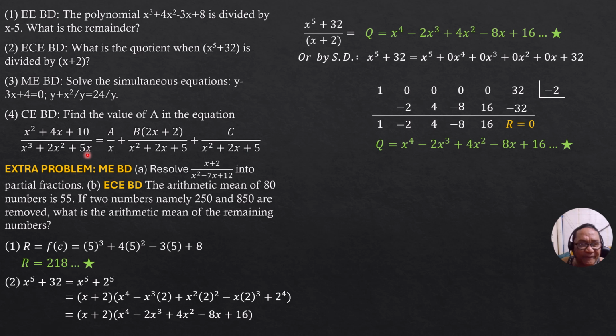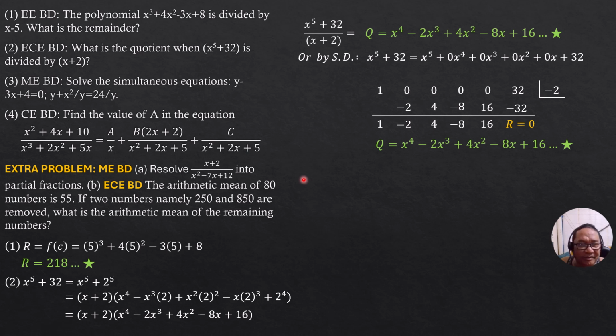So it consists of a linear divisor and a quadratic divisor. So this is one way of decomposing this fraction into partial fractions. So a over the first linear denominator x, then plus b. This is the technique in integral calculus, that is the derivative of x squared plus 2x plus 5 is 2x plus 2, then divided by the denominator, then plus constant, divided by the same quadratic divisor.